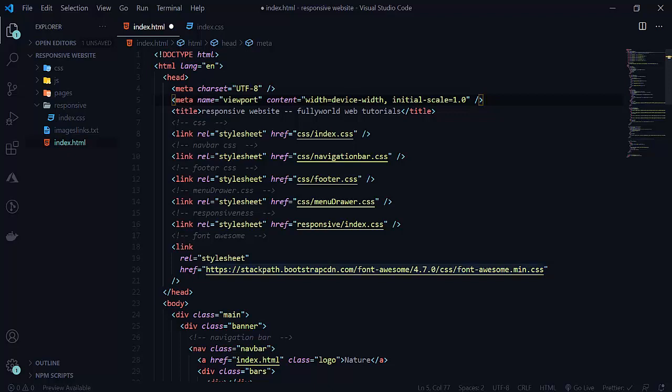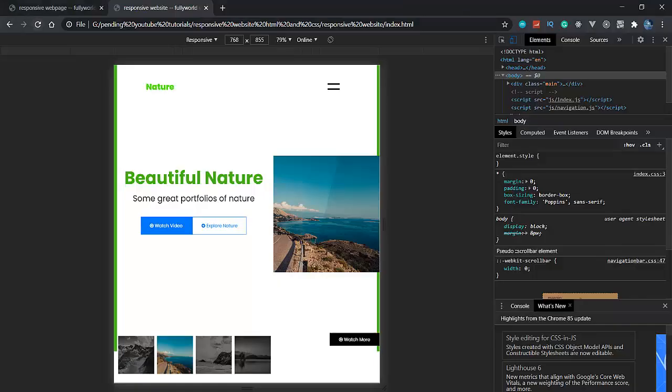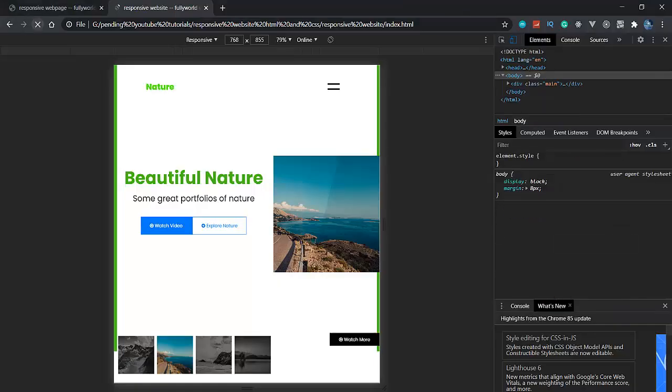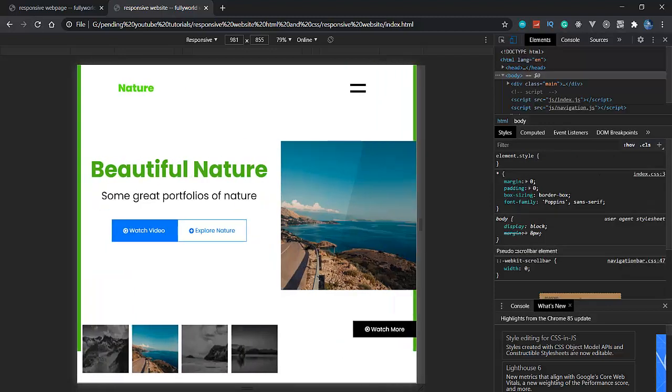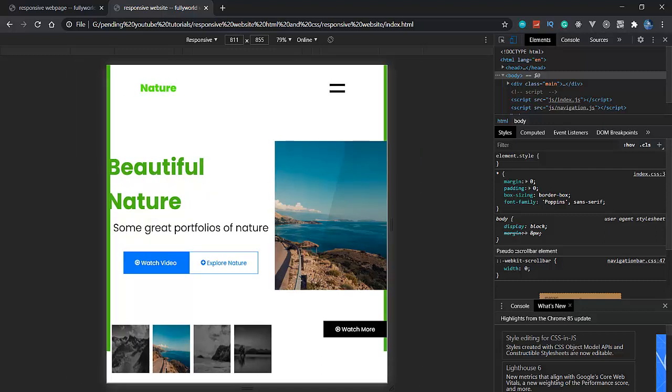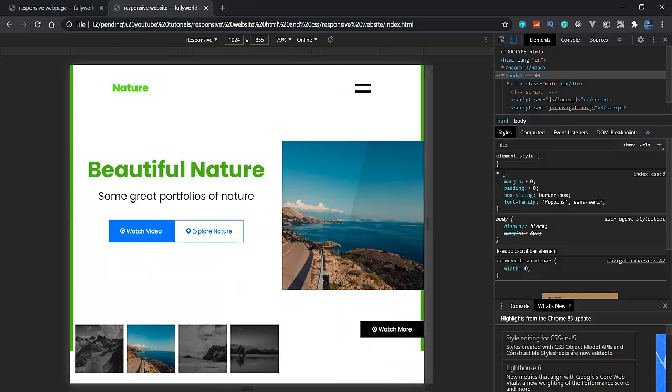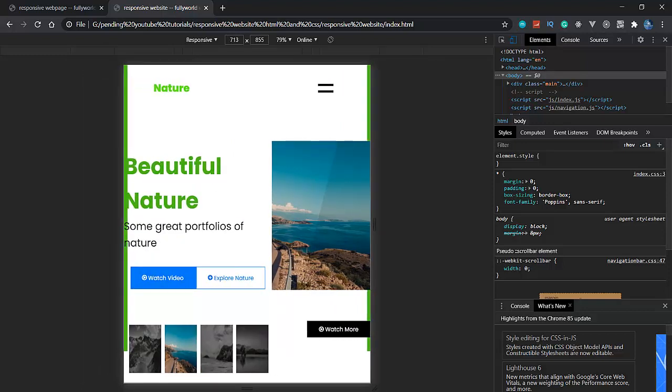So our meta viewport is there now. Is it saved or not saved? So let's refresh this now. See that after refreshing this, after adding the viewport, we are having this effect now.